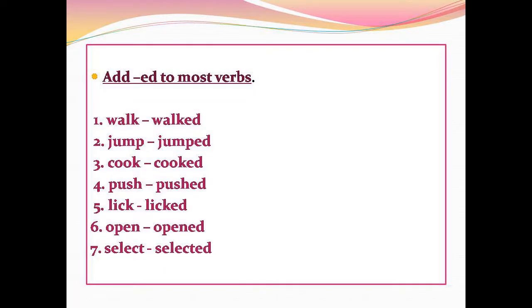Rule 2. Add ed to most verbs. Mostly we add ed to any verb to change it into past tense. Examples are: walk, walked; jump, jumped; cook, cooked; push, pushed; lick, licked; open, opened; and select, selected.